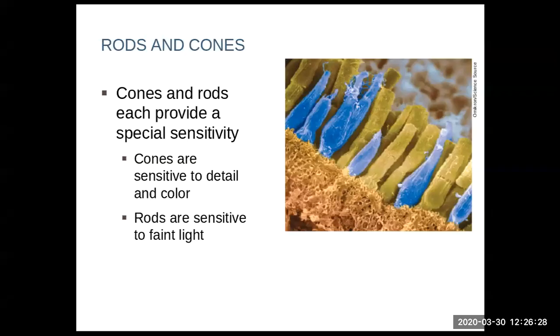And that brings us to the third C. Cones are located, 95 to 99% of them are located in the fovea, which is the center of the retina. So that is where the information is clear. Why is it so much clearer? Why do we get vivid colors through the cones?